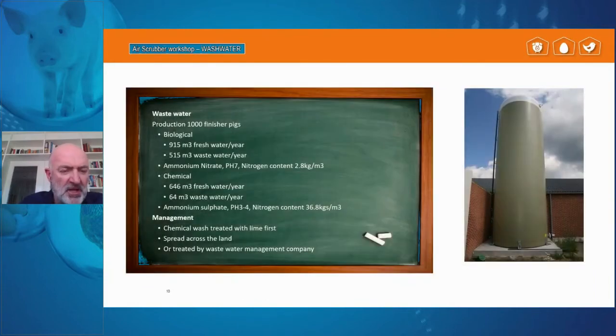I'm frequently asked in terms of wastewater, well, how much is produced and what do we do with it? And I've put a little chart here to say, well, for a typical 1,000 finisher pig production, a biological air scrubber will produce more wastewater. It requires more fresh water, 915 cubic meters a year. It will produce around 515 cubic meters of wastewater. The byproduct is ammonium nitrate, running at around a pH of 7, and the nitrogen content of that is 2.8